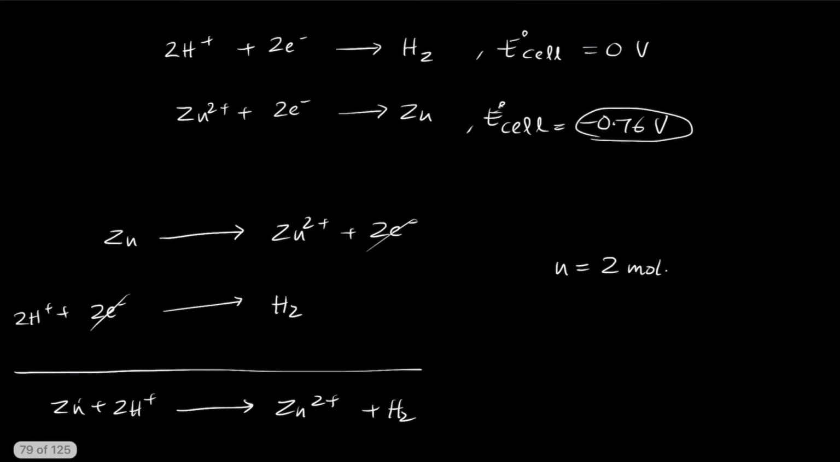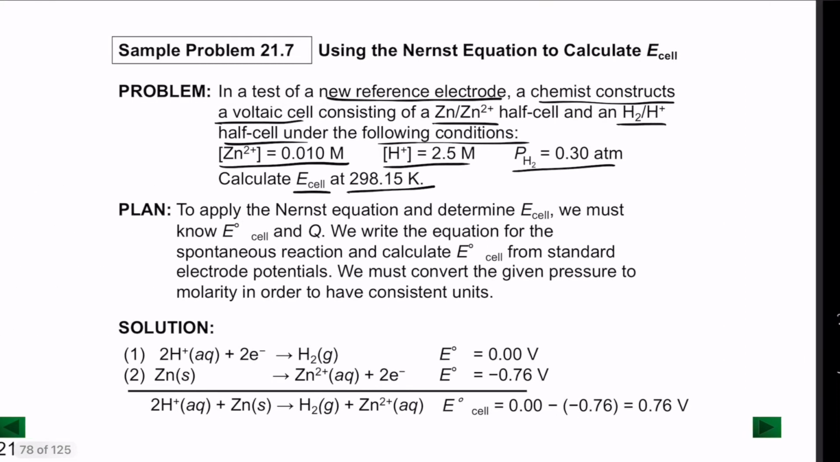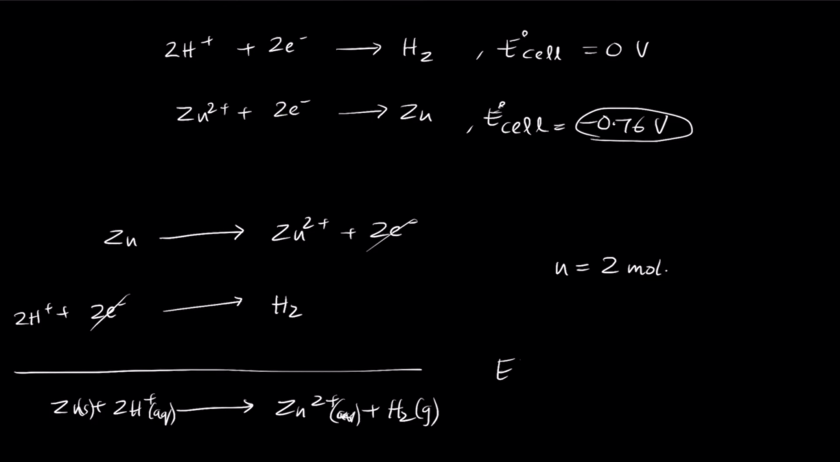So zinc here is solid, 2H+ is aqueous, Zn2+ is aqueous, and H2 is a gas. Now from this we can write the standard cell potential. For this, the E value for zinc is minus 0.76 volts, and E for hydrogen